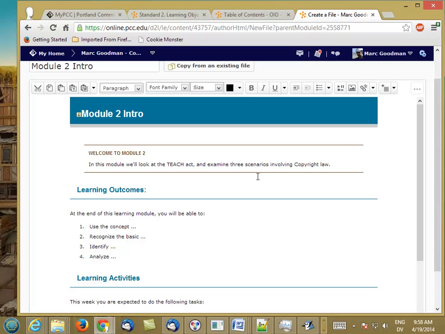So in your mini course, you're going to be having some student services scenarios, and then you're going to be asking the student to comment on one of those scenarios. So at the end of this learning module, you will be able to